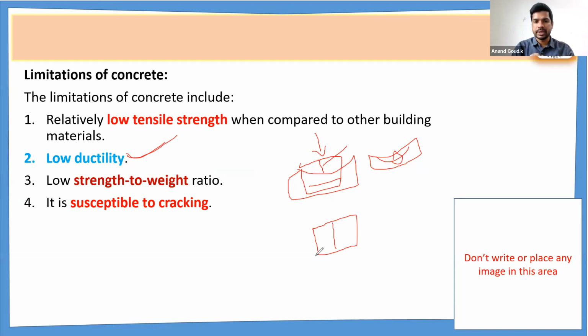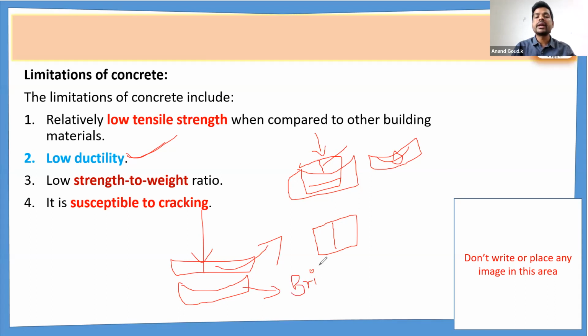Suppose you take any ceramic material and apply force on the member. Will it bend? It is not going to bend, right? Whatever the ceramic material is, after applying the load it can bear up to some point. But if you cross the limit of that ceramic material, then directly you are going to get a crack. That ceramic material is not going to bend. So this property is called brittle nature.